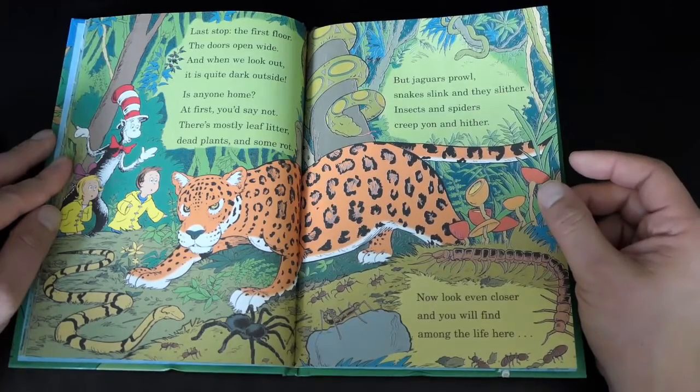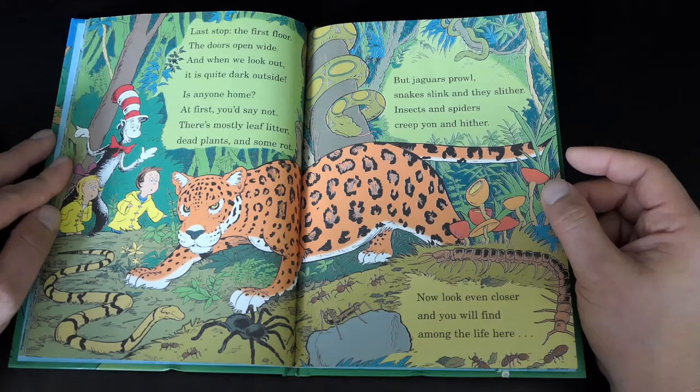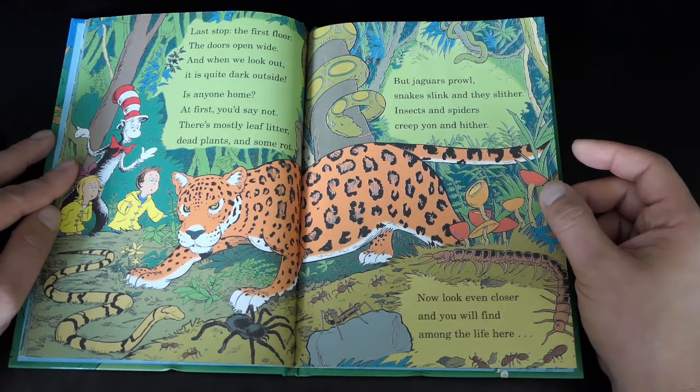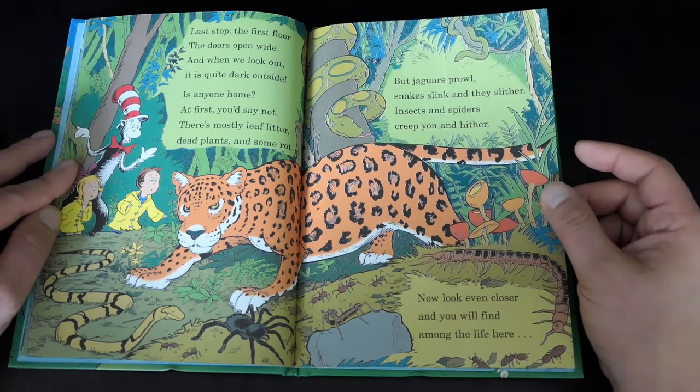Last stop, the first floor. The doors open wide, and when we look out, it is quite dark outside. Is anyone home? At first you'd say not. There's mostly leaf litter, dead plants, and some rot. But jaguars prowl, snakes slick and they slither, insects and spiders creep yon and hither. Now look even closer and you will find among the life here